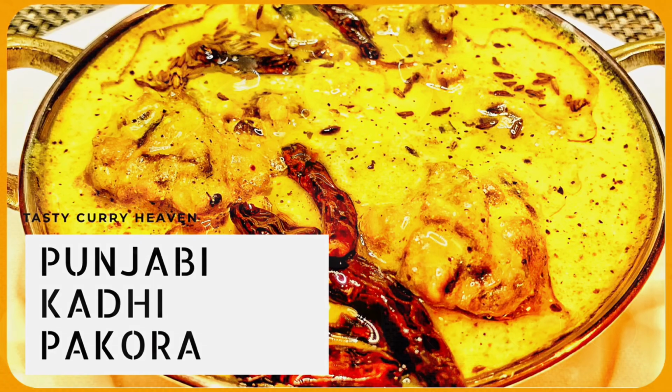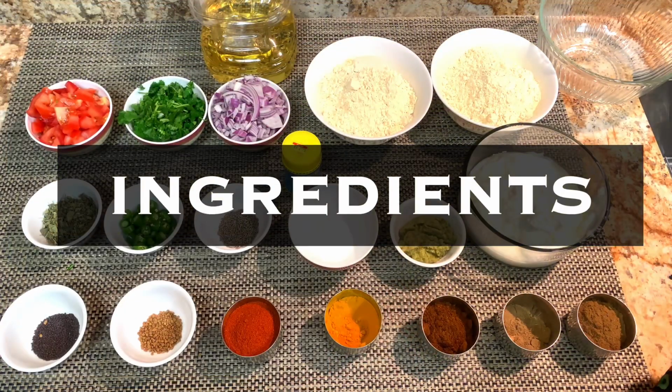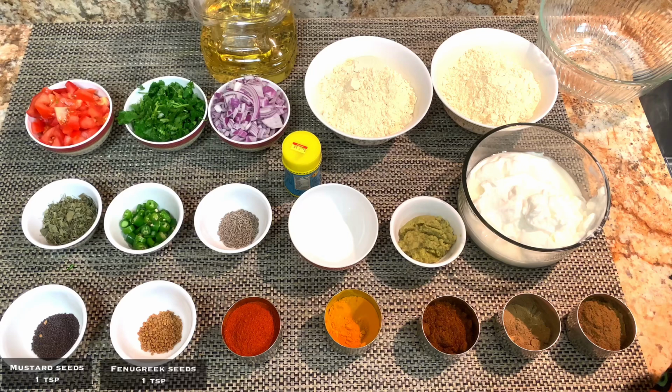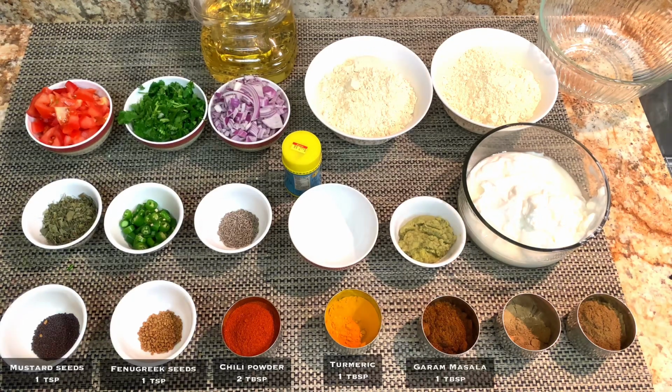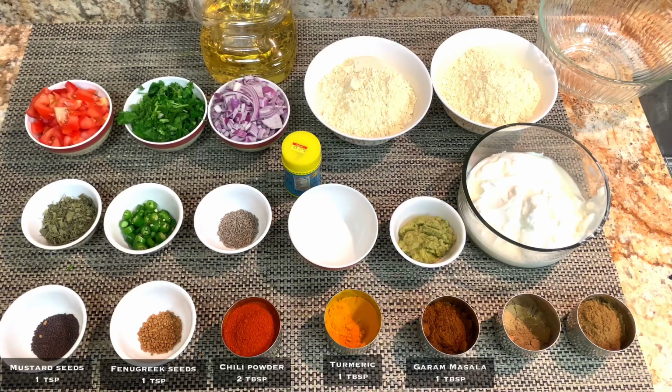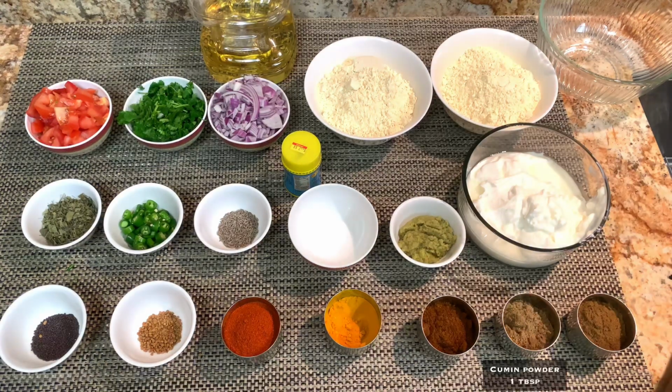Here are the ingredients for Punjabi Kadhi Pakora. 1 teaspoon mustard seeds, 1 teaspoon fenugreek or methi seeds, 2 tablespoons chili powder, 1 tablespoon turmeric powder, 1 tablespoon garam masala, 1 tablespoon cumin powder and 1 tablespoon coriander powder, 2 cups of